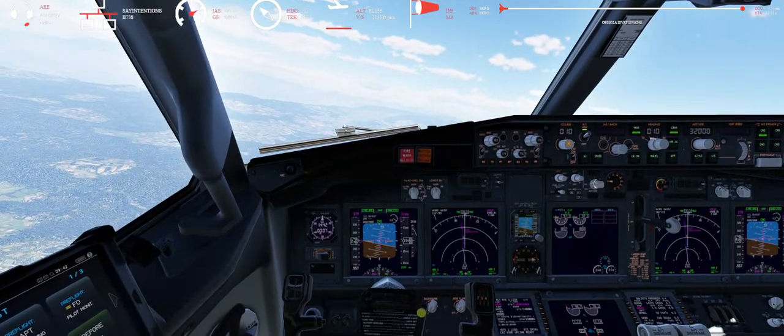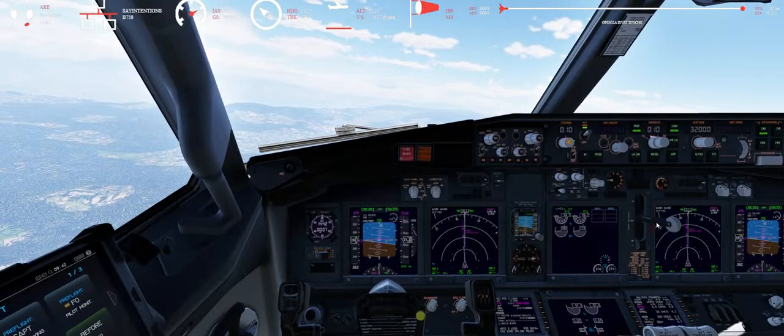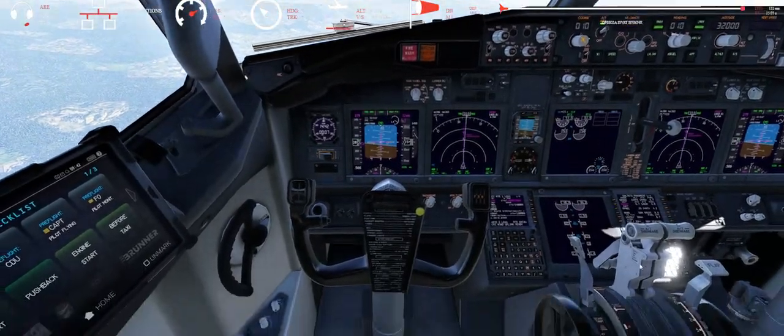The after takeoff checklist, by the way, is RTO to off, gear to off,